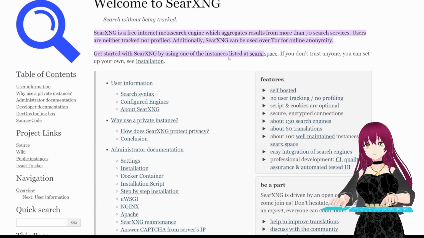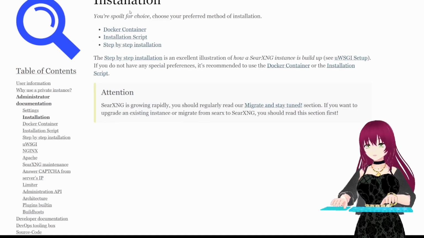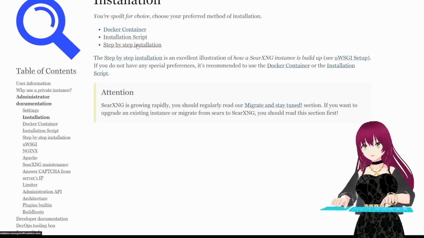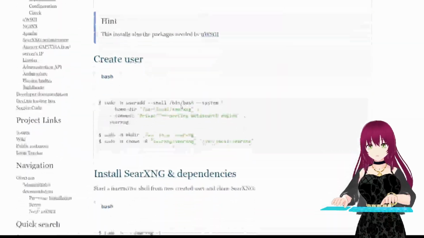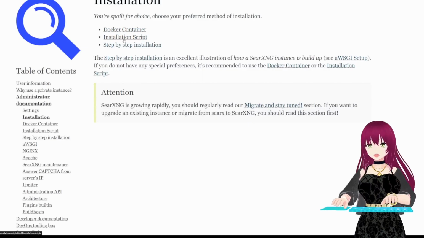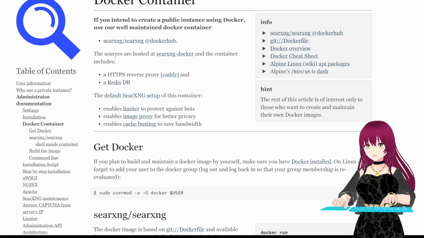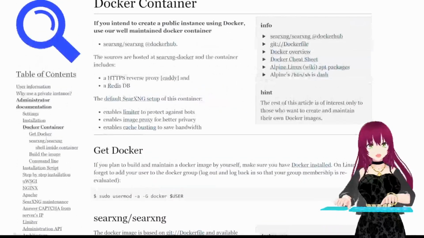I think I will do a video about Tor eventually, but you can either self-host this or you can go to SearX.space. If you do host it yourself, there is documentation at docs.searxng.org. And there's a script here, step-by-step installation. Okay, so this is what I did, but you can do it as easily as from a normal script or